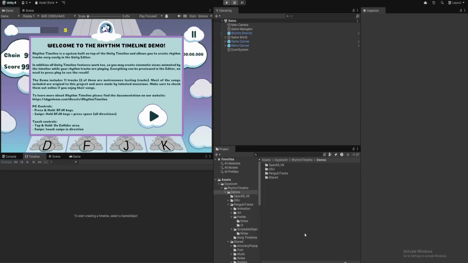Welcome to Rhythm Timeline 2. We're going to have a look at the demo scenes first, and then we're going to set up our own scene from scratch. So once you've installed the package, you'll see inside Assets, Dips Loom, Rhythm Timeline, Demos, you'll find a few demo folders. The first one is going to be VR1 that we're going to look in detail in